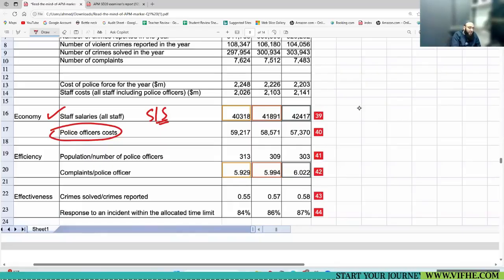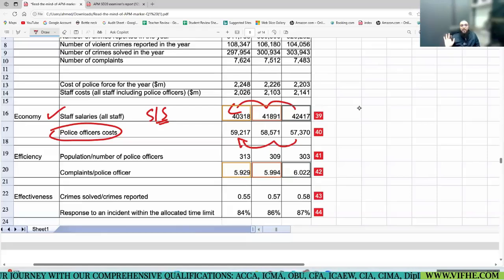So he's saying that staff salary has gone down, which is good from an economy perspective. Whereas, what a poor answer. If police cost is part of staff salary, then how can police officer cost go up? I don't know what sort of analysis this is. If it is not right, he will not get marks for that.